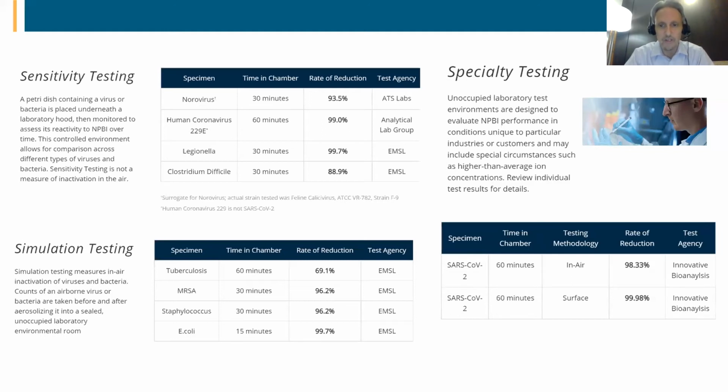And for example, in the lower right-hand corner, we can see that through third-party testing over a 60-minute period of time, needlepoint bipolar ionization has been effective at inactivating SARS-CoV-2 at a rate of 98.33% over its natural decay. That's important to understand. The virus has a natural decay rate that will inactivate it over time itself. Needlepoint bipolar ionization contributed an additional 98.33% in its inactivation in a 60-minute period of time. So the technology can be effective at doing things like that, as well as agglomerating and removing particles from the